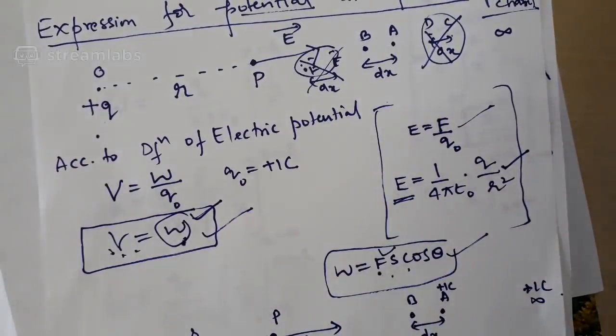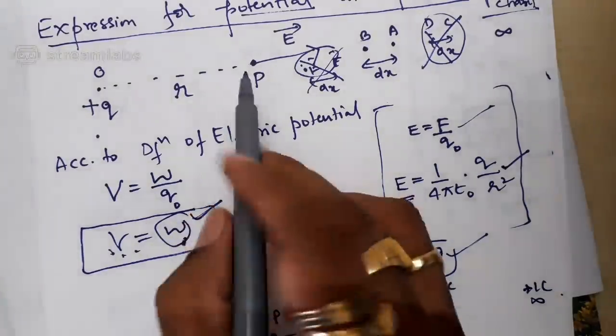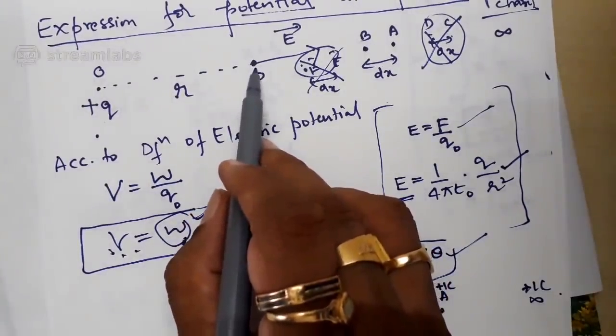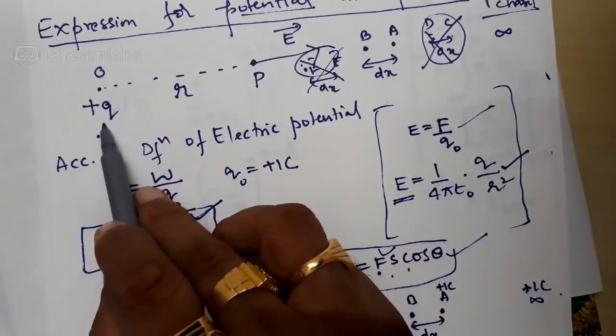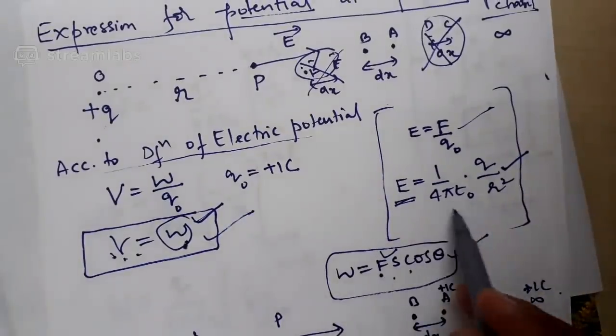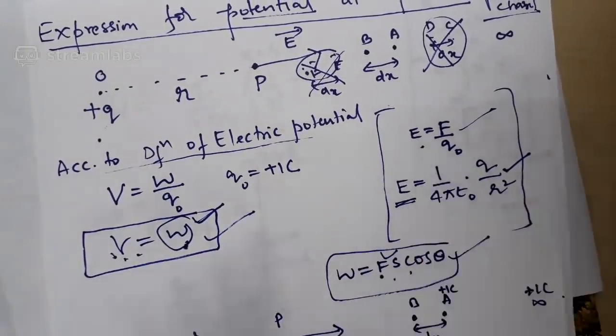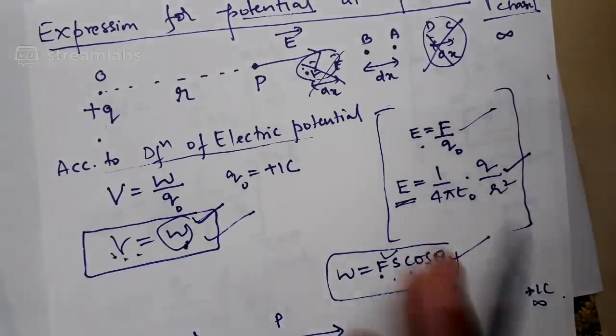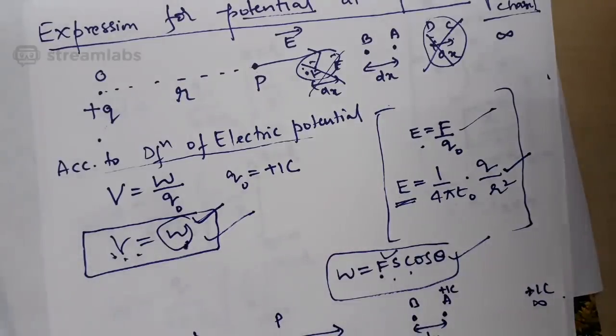Then I said today at least we started with the topic electric potential. So let us try to derive an expression for a potential at a point P due to a point charge. Then I followed a definition. Because even in deriving this also, definition of electric intensity was only followed. Same procedure. There is a comparative study you can do.